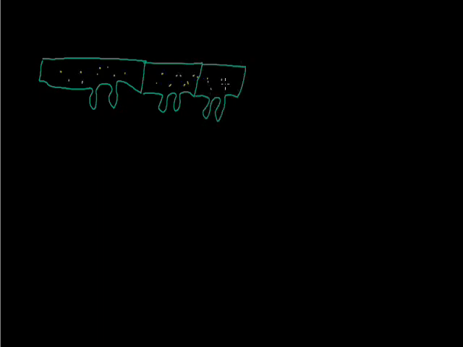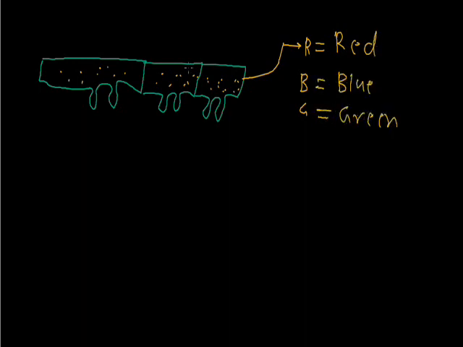This layer is the pigment layer, meaning these cells have pigment. The pigment's basic colors are RGB: R is red, B is blue, G is green. So the pigment layer consists of three colors, RGB. These three colors are the basic colors. So this outer layer is called the pigment layer and the inner layer is the photosensory layer.